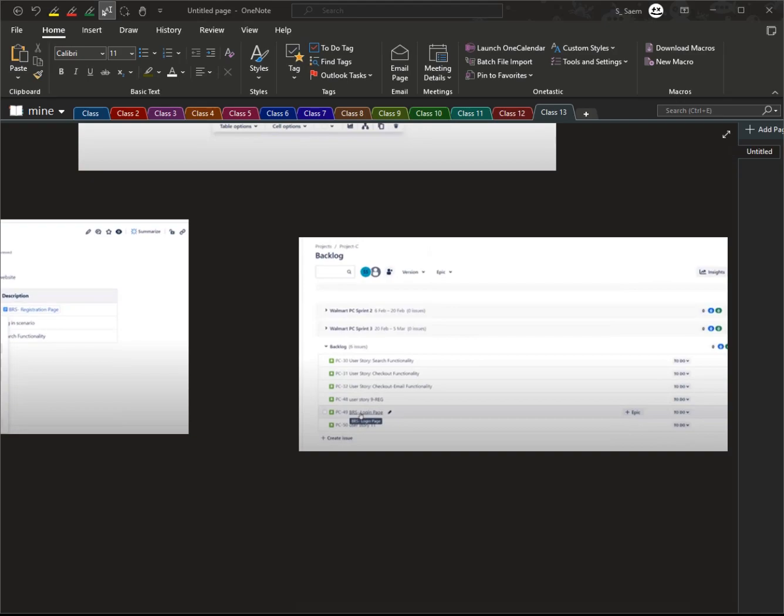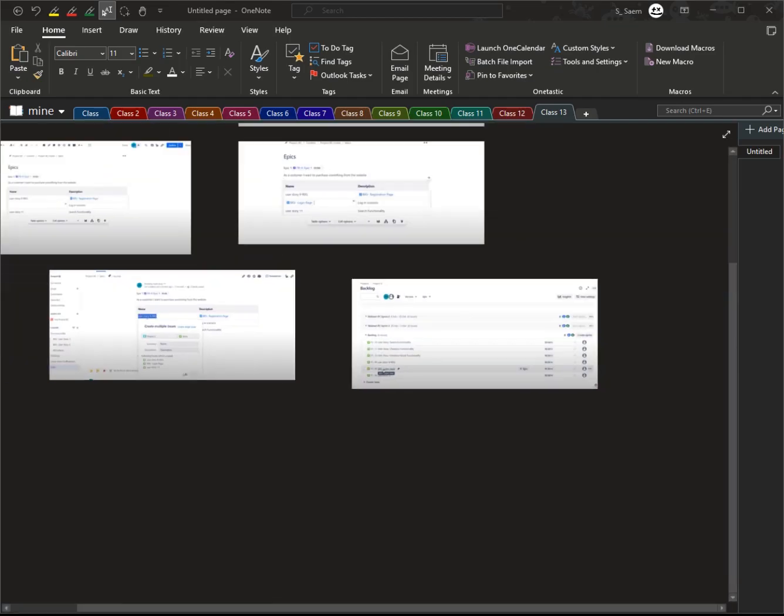So if the issues aren't created in the correct project, double check your settings. For example, in today's demo, the issues were created in the wrong project because I forgot to link the table to the correct one. Now everyone try creating multiple issues using the table method. Follow the slides and the video for guidance. Okay, so if you have any problem, maybe you haven't linked the table to the correct project. All right, now